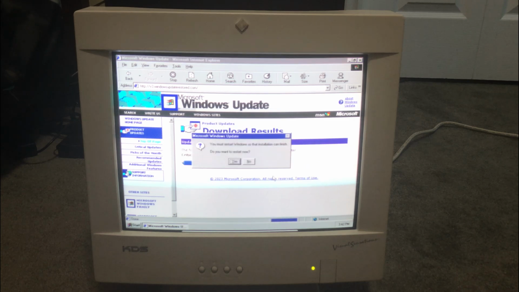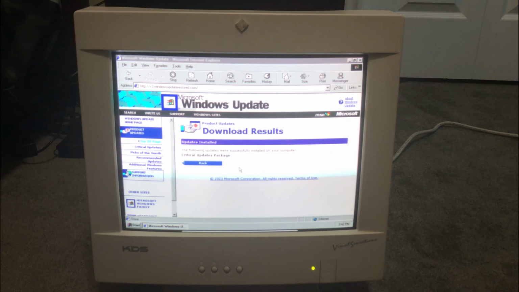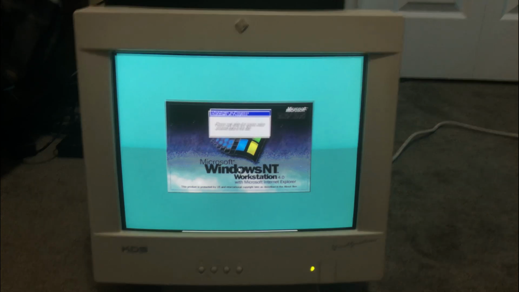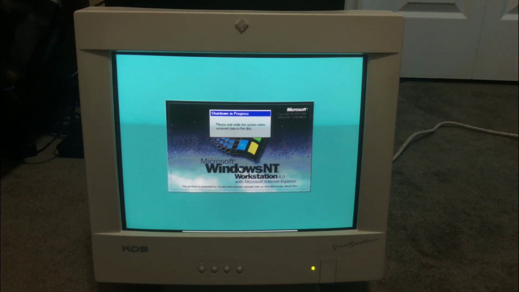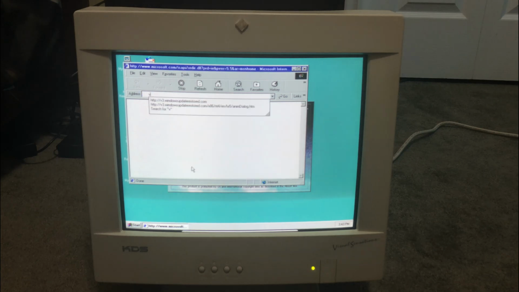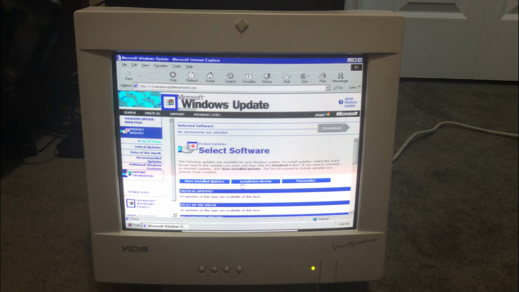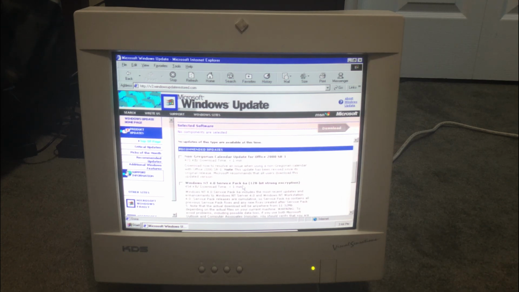And you can see it's starting to download and install, and it's installed all the updates, so let's click yes to restart. Alright, so now we've restarted our system, and as you can see, it's installed all of the critical updates package, which is great. Then we just have some other updates, but right now I'm going to install the big one,